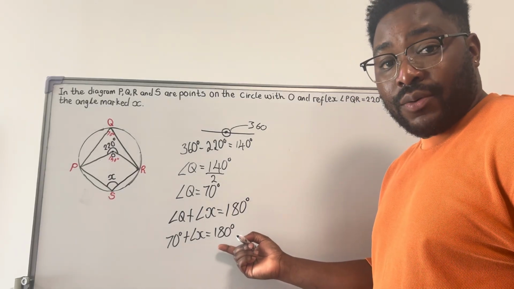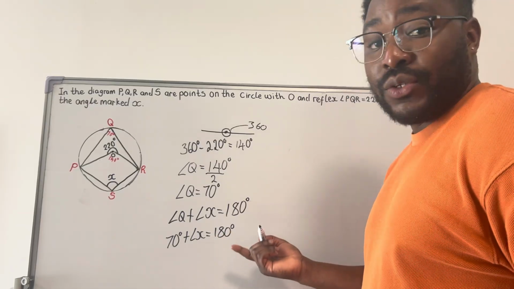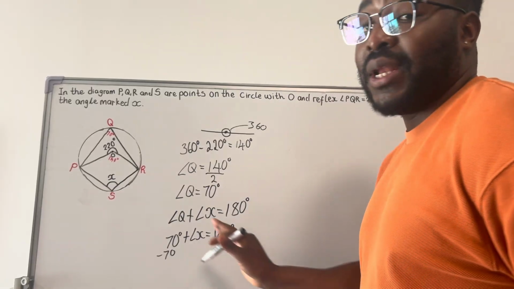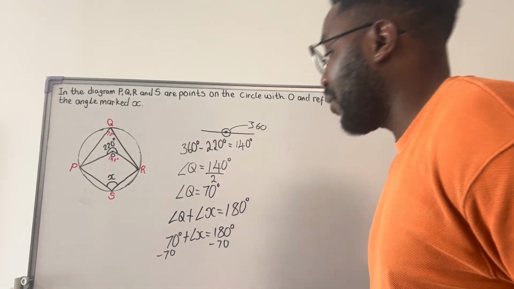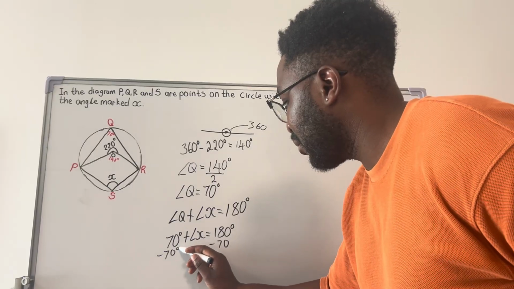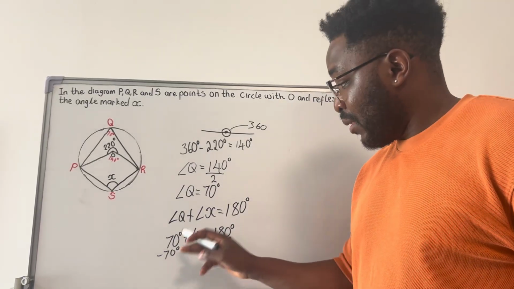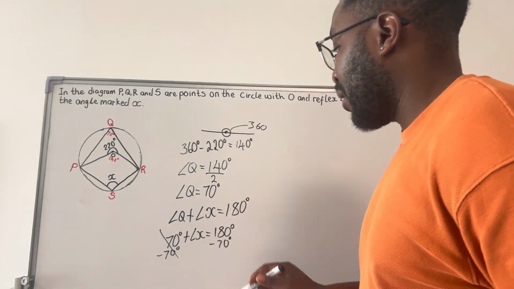What we have to do now is isolate our angle X, and we can do that by simply subtracting 70 on the left side of the equation and also doing the same on the right side. Positive 70 and negative 70 cancel out, and that leaves us with